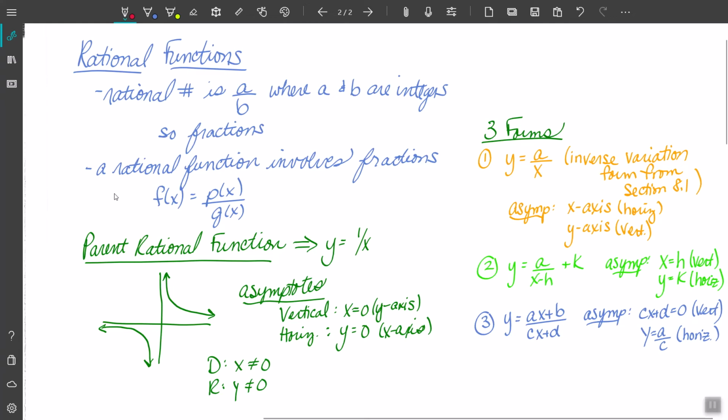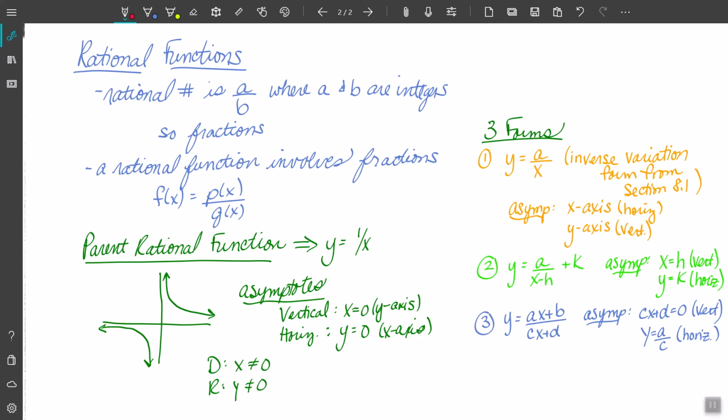So a rational function is one that involves fractions. So that's what this right here means. F of x, a rational function, is involving a fraction that has a function in the numerator and denominator. All right, so that's the definition of a rational function,